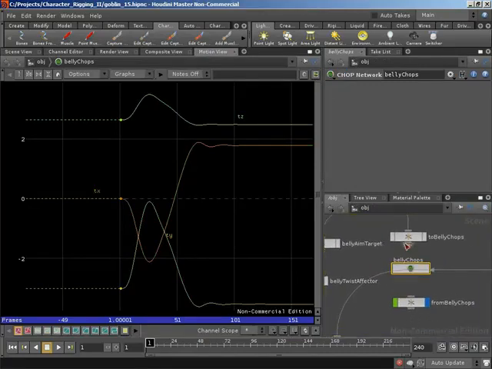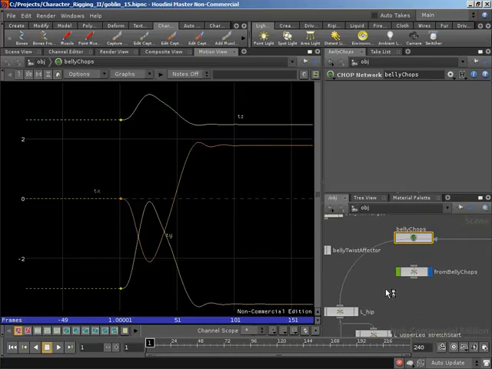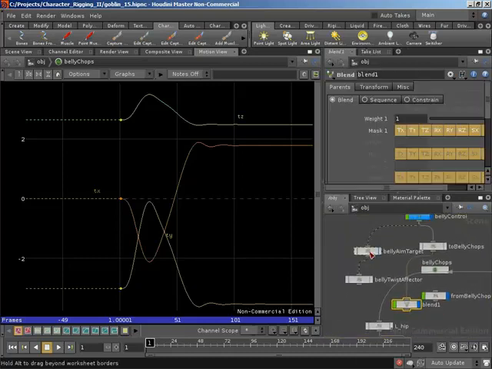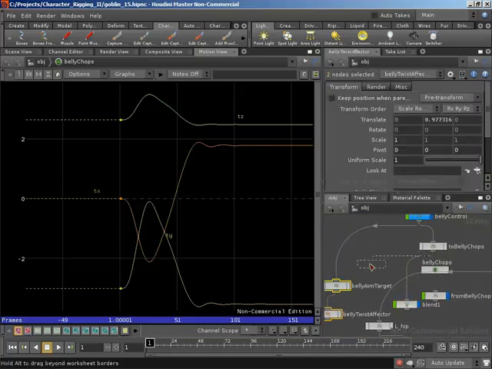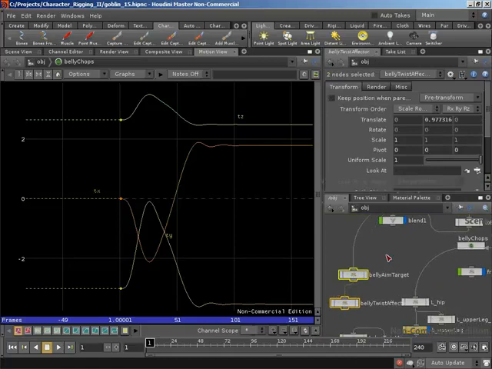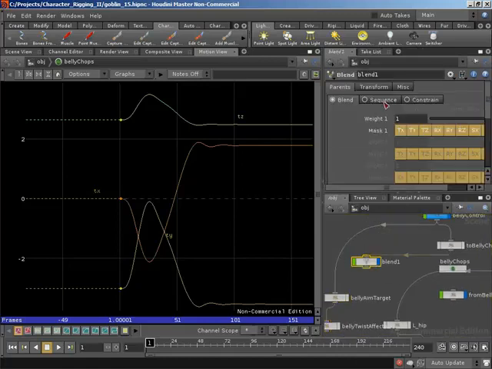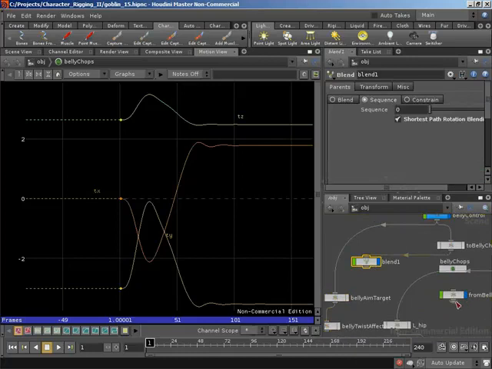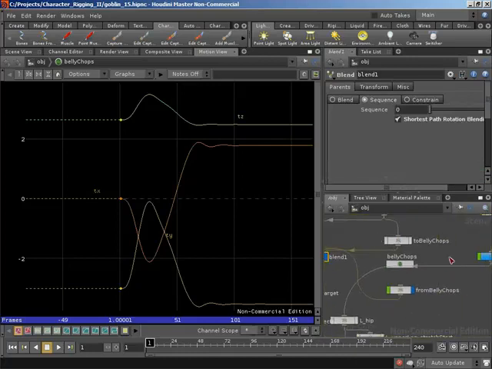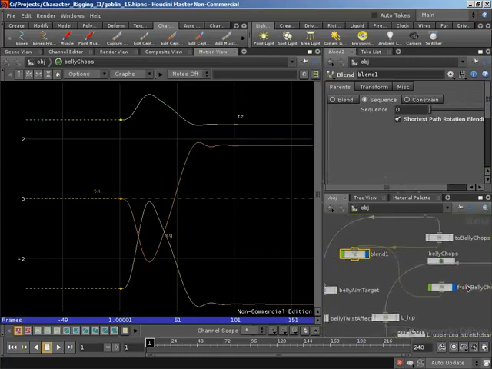I'm going to wire that into a new blend object. I basically want to blend between our two belly chops and our from belly chops, but rather than having a blend where we have floating point changes, I'm actually going to set the blend over to be a sequence. We're either on one or the other. So I'm going to blend two belly chops and from belly chops into that blend. I'm going to rename this to blend. Actually, I'm going to rename it to bypass belly chops,